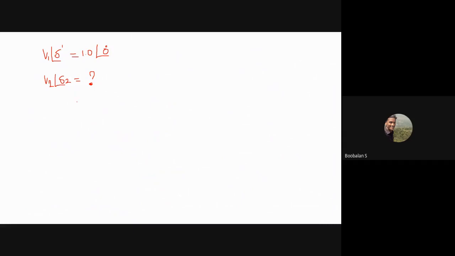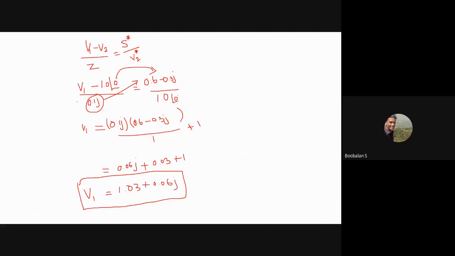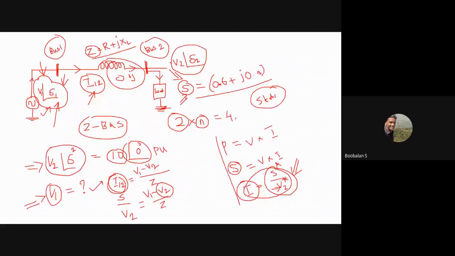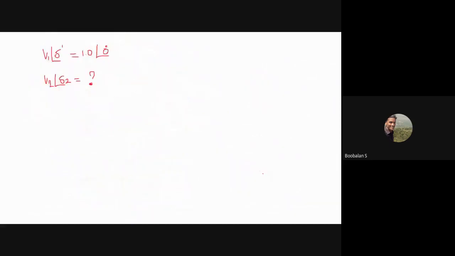Previously, by having i2, it was very easy. Instead of i2, we calculate directly using the apparent power divided by the receiving end voltage. Instead of I12, we have calculated it this way. We use the same formula. Now v1 is given. It is the simple formula we have already framed, I12, the current flowing through this entire power network.